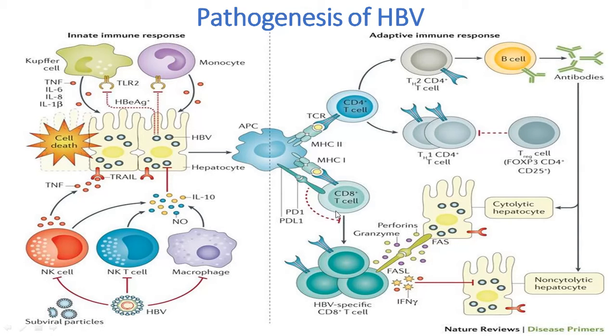And then the CD8 T cell attacks, the virus gets attached to it, and then what happens is there is release of many perforins and granzymes, and when the hepatocyte is attached with the antibodies, then the infection is subsided. So this is how we develop long-term immunity, and this is the short term.